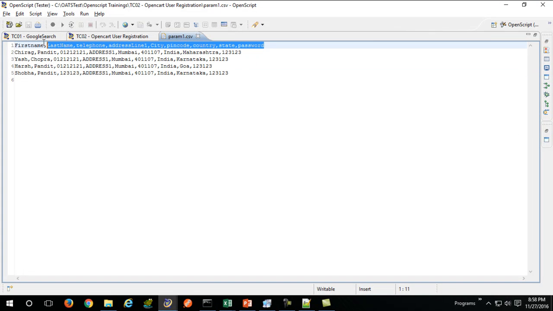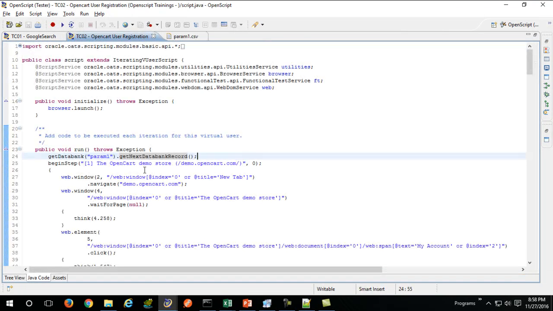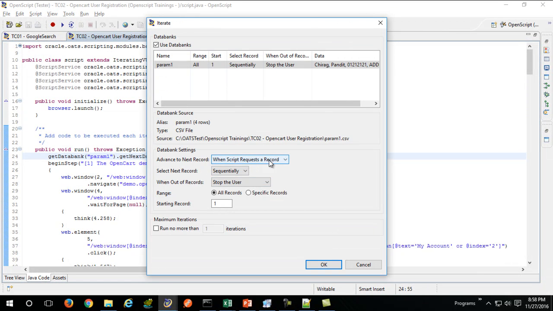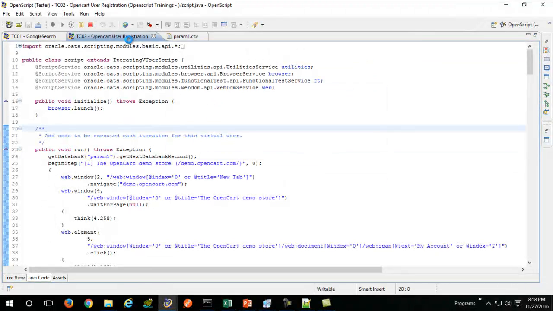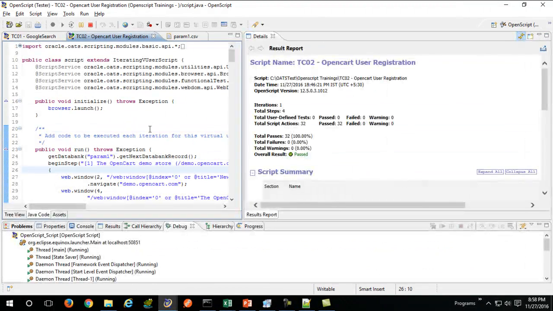Given that the first line here represents our columns, every time it will loop through that given file, and whenever our script requests a record, it will sequentially loop through that file, and pretty much that's it. So when you click OK, it will loop through that given file, parameterizing all our values.